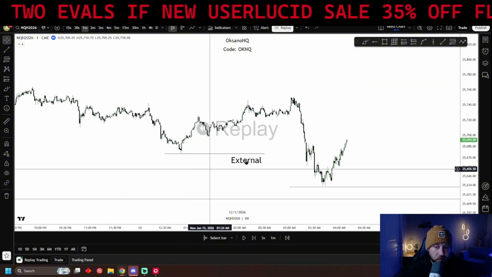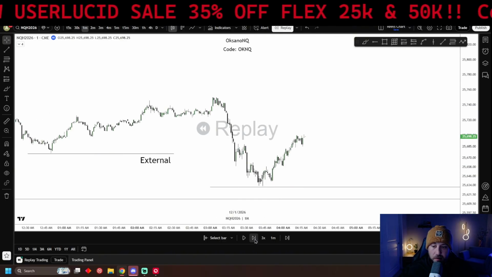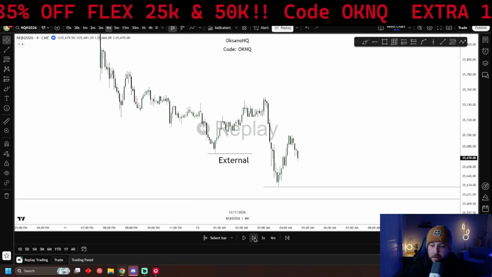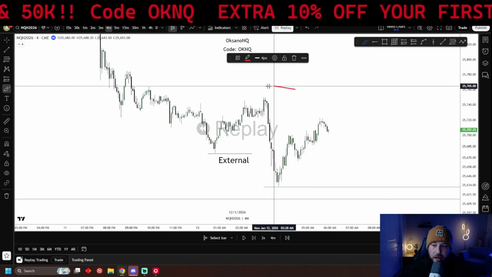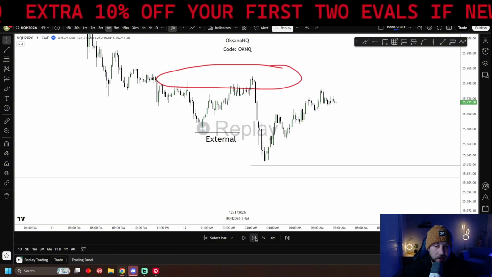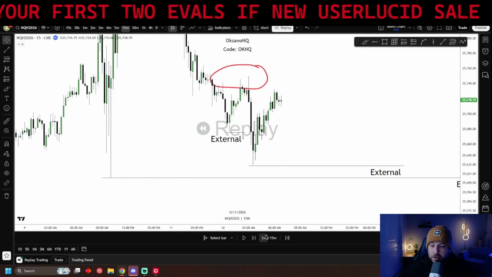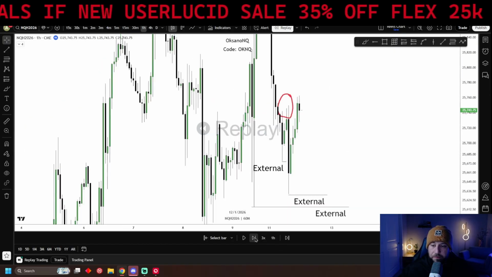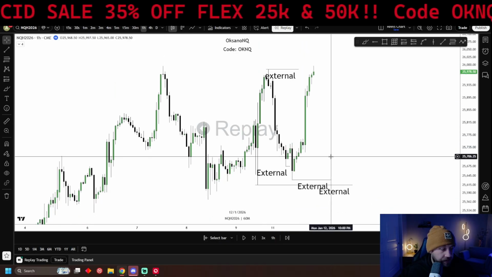So if we have an external sweep on sell side, what does that tell me would be next? The next thing we would target would be, wait, why is this going so slow? The next thing we would target would be this internal buy side. So we've swept external sell side. Now I want to look for internal buy side. So we look to target a setup. See, now we get our internal buy side run. Holy moly. So, does that make sense?